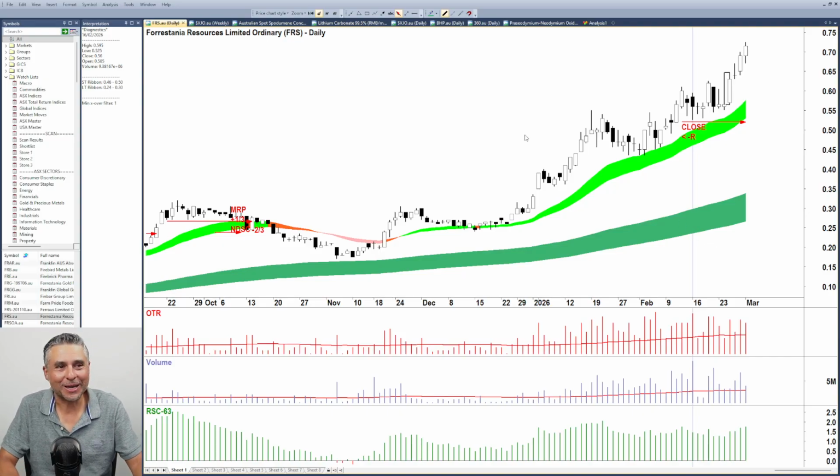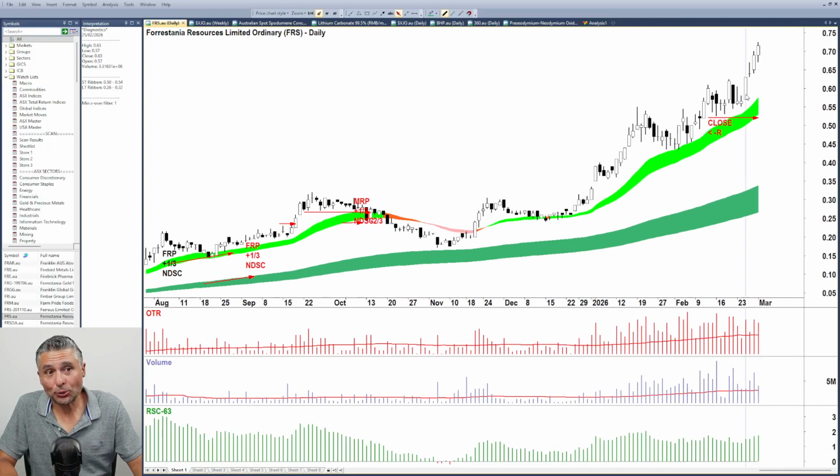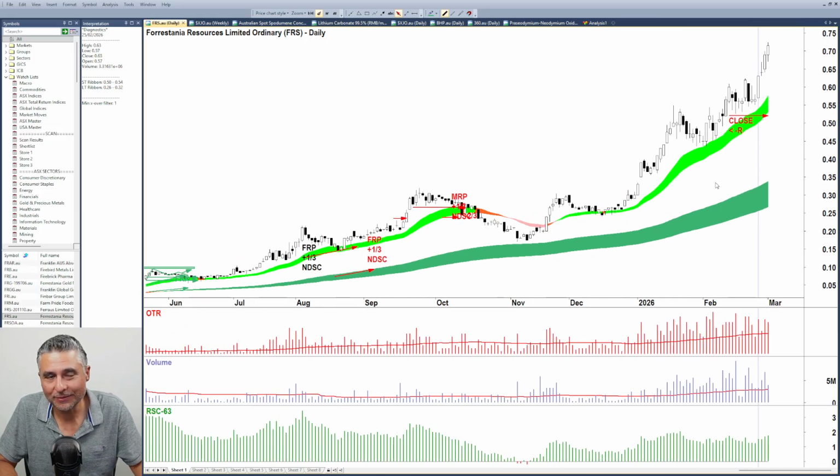And we don't know what's going to happen next, but it looks like we got one of those candles, didn't we? In fact, we almost got the exact candle, which means total demand side control. There are people with cash and there are people with Forrestania Resources shares. The people who have cash are falling over themselves to buy Forrestania Resources shares because they think it's pretty good. And the people with Forrestania Resources shares don't want to sell them unless they get more and more money. Unless the people with cash, please give me something. Look, will you take 72? Will you take 72? Look, maybe 73, maybe 75.